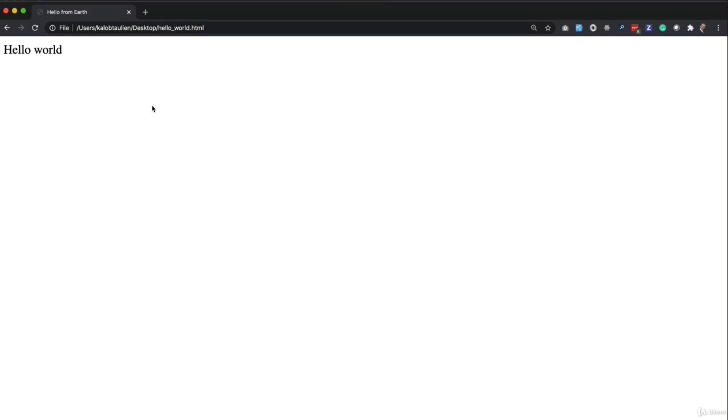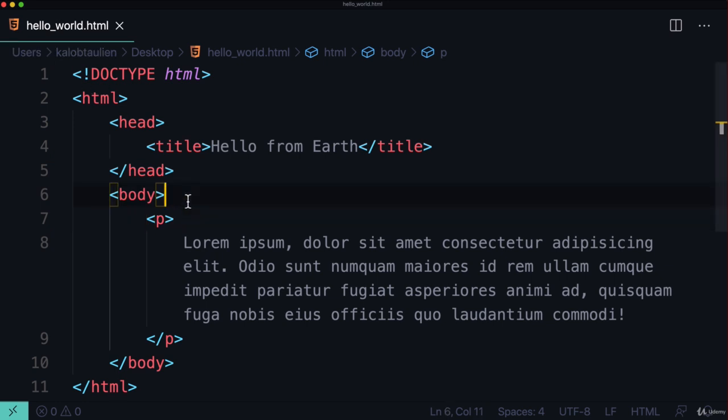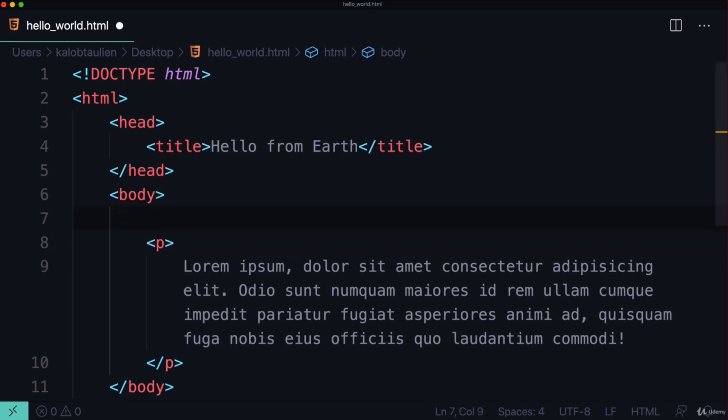Let's go back to the page we're creating and hit refresh. And now we have this lorem ipsum text. Now let's go ahead and create a title for this page, a header. So just inside of the body, above the P element, not inside of it, but above it, we're going to